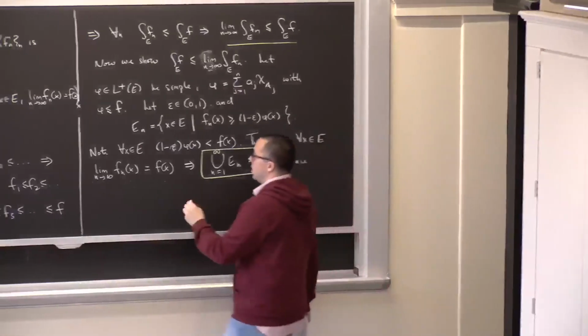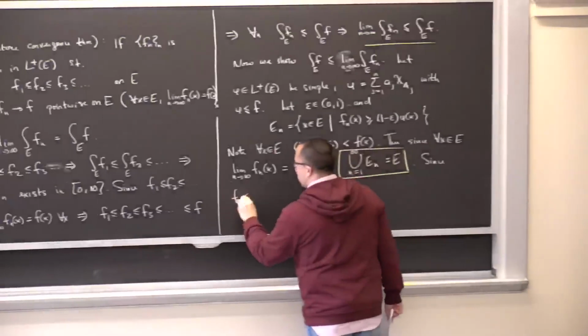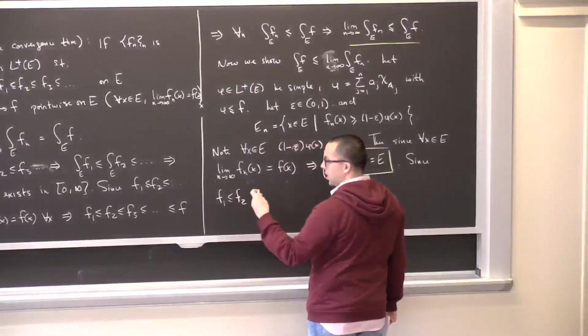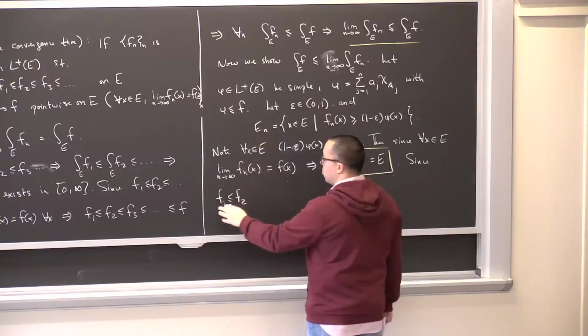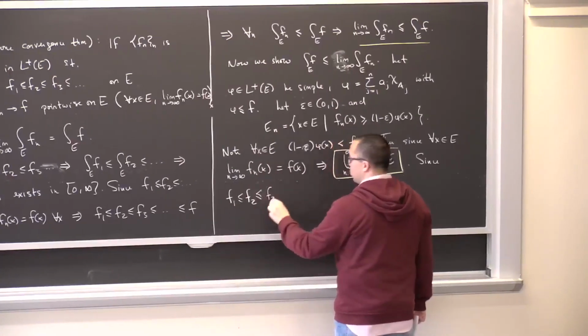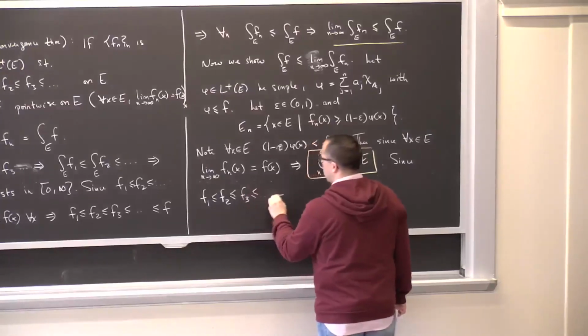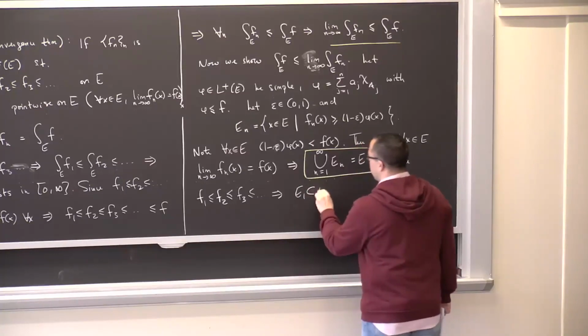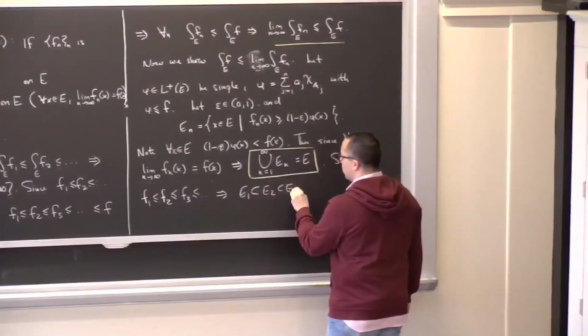Now, since these functions are increasing, I should say they're pointwise increasing. Not that they're increasing functions, but they are pointwise increasing. So f1 is less than or equal to f2 is less than or equal to f3, and so on. This implies that E1 is contained in E2, is contained in E3,